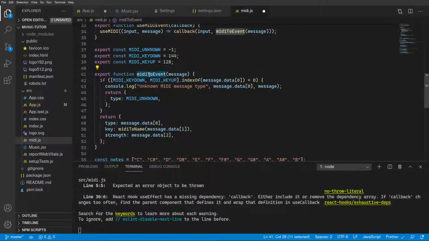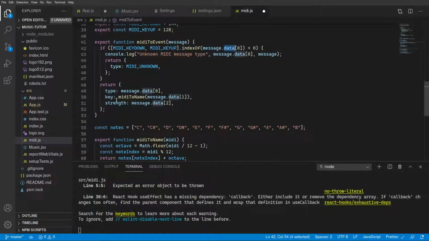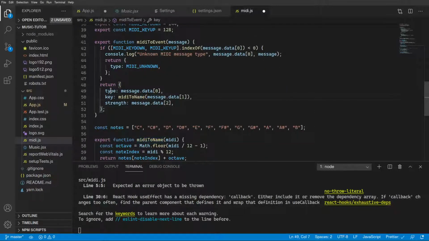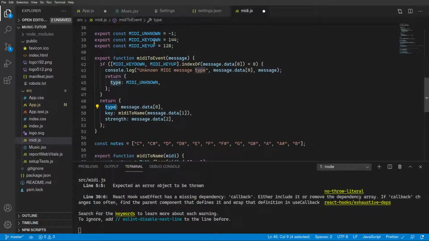this MIDI to event converts the event, the raw MIDI message, which is just an array of bytes, and it just parses the message data, and yeah, so this is the type. So for now I only support key up and key down, which is all we need for this app. So it just gives you the type, whether it's up or down, and the key,